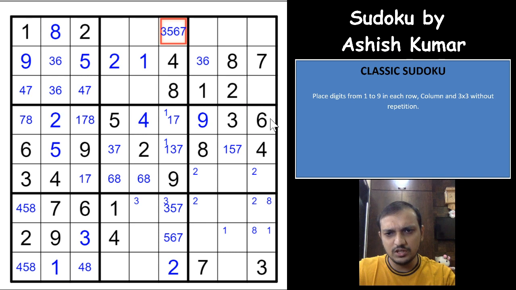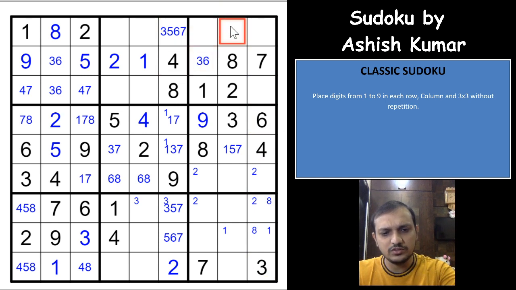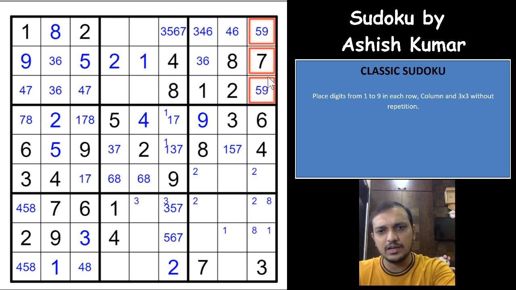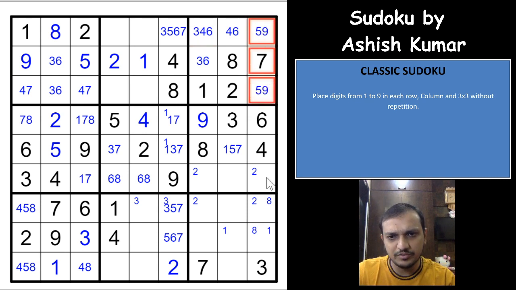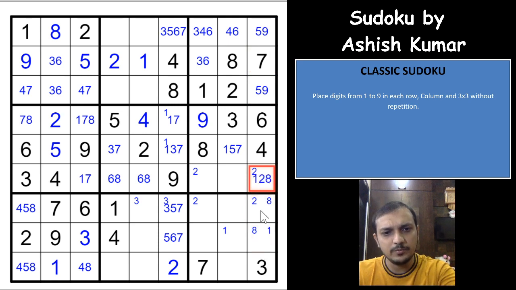Okay, yeah. If you see here, you have a 3, 4, 6 here, and 3, 4, 6 cannot be here. So these 3 cells are a hidden triplet of 3, 4 and 6, right? So this is 4 and 6, this is 3, 4 and 6. That gives you these 2 cells are a pair of 5 and 9. So this is 1, 2 and 8, right? So 1, 2 and 8, 2 and 8 and 1 and 8.